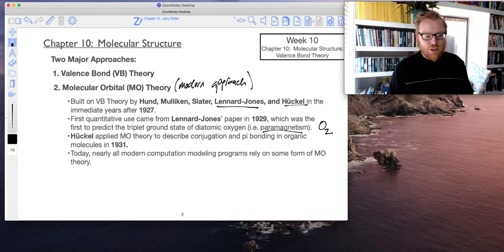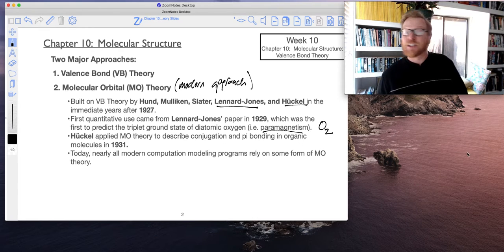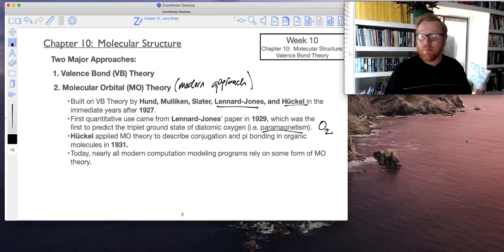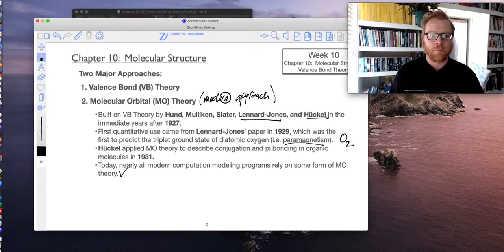Okay. And so then eventually Huckel applied MO theory to describe conjugation and pi bonding and aromaticity in organic molecules in 1931. And today, nearly all modern computation relies on some form of MO theory. So again, really, really cool history. You don't have to memorize this, but having some familiarity with the names and what the folks worked on, that's